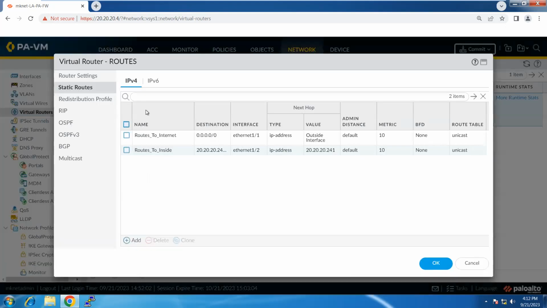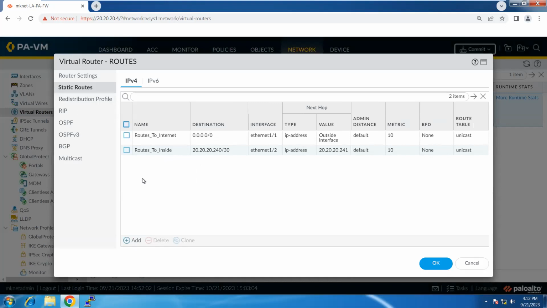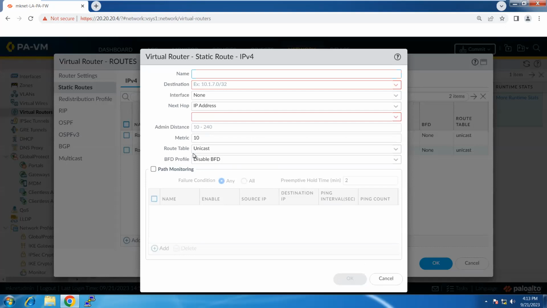Let's hit that. You see that? You're building routes. You're definitely building routes on the firewall. It's very easy. It's just this easy. Okay. Now let's do the last one, the third one. Traffic coming from the inside interface and traffic coming from the outside interface going to the DMZ. So routes